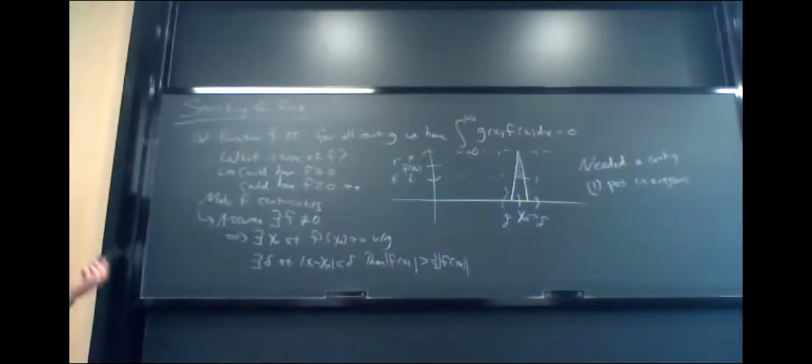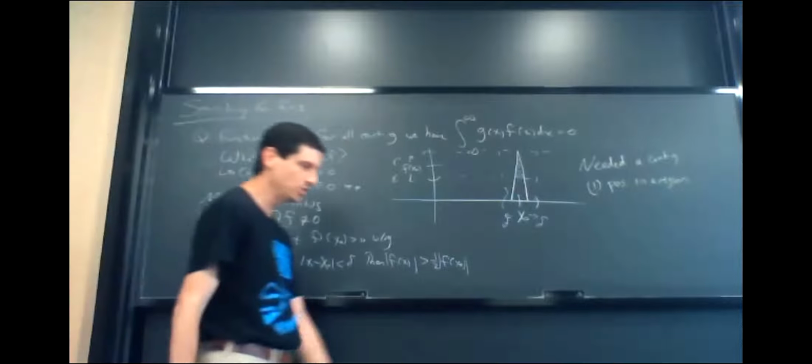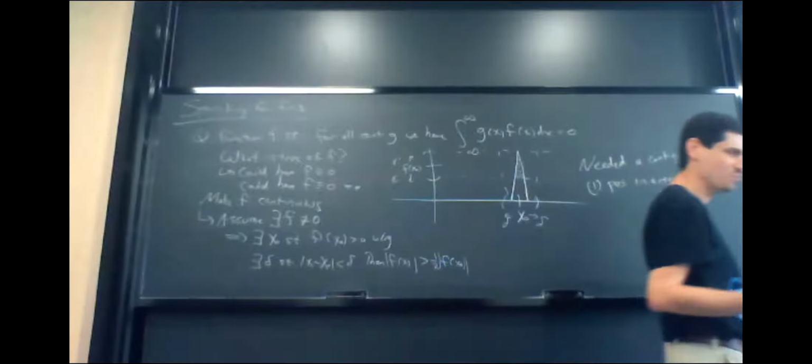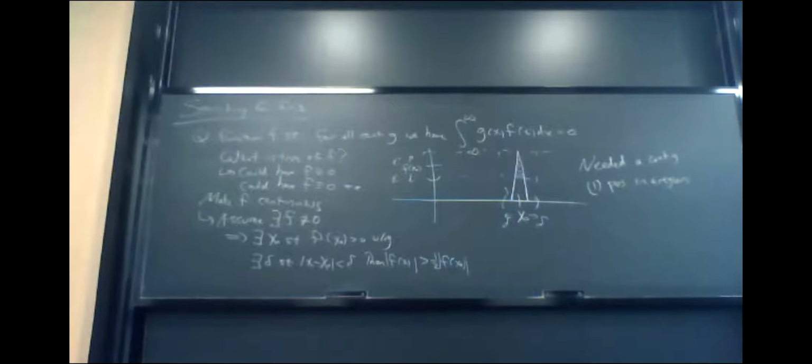Well, at least if we're in Euclidean spaces, if we're in R squared, R cubed, that's not going to be a problem. And so depending on your preference, of course, my spaces are always going to be R to the n, C to the n, or something like this. This is not a big deal.